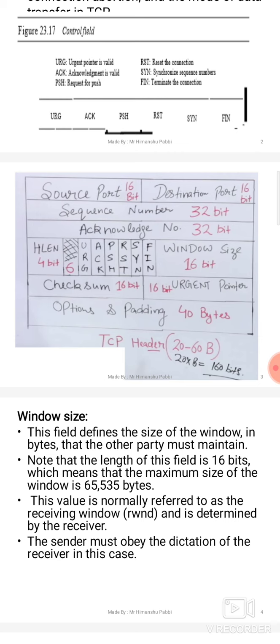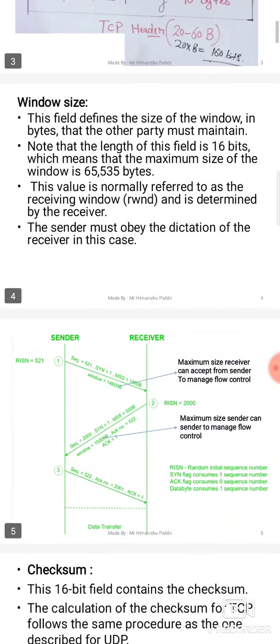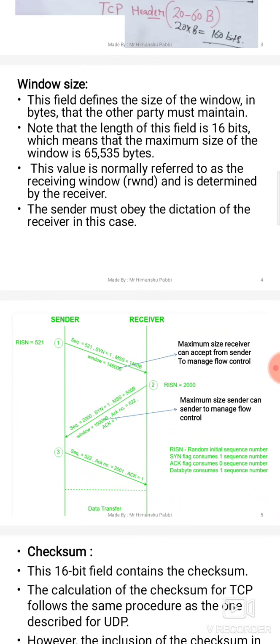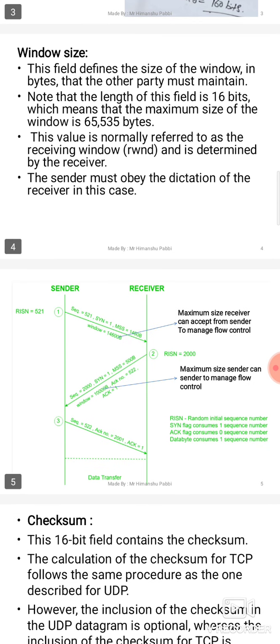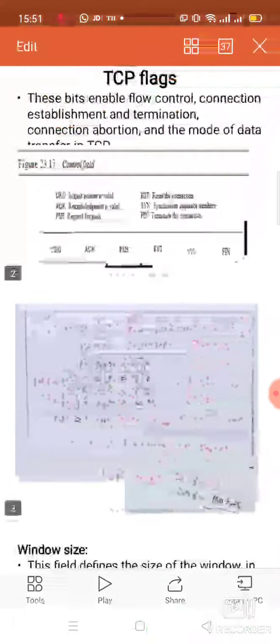Similarly, the SYN flag is set to 1 whenever a connection is to be established. As you can see in the diagram also, the SYN flag is set to 1 whenever the connection is to be established between sender and receiver. The SYN flag will be 1 whenever the sender sends the first packet. Similarly, the SYN flag will be 1 whenever the receiver sends the first packet. The SYN flag can be 1 or 0, but in this case it will be 1.